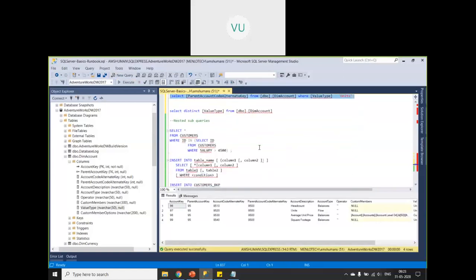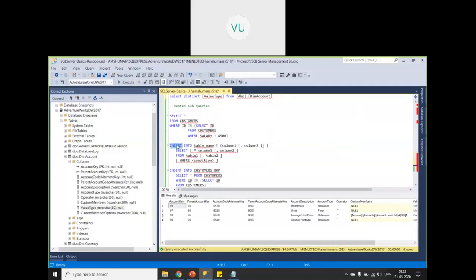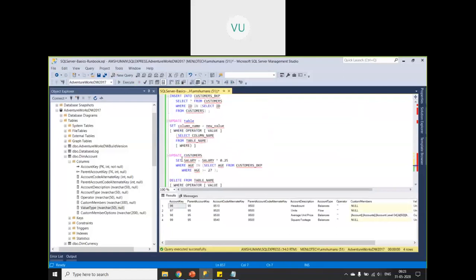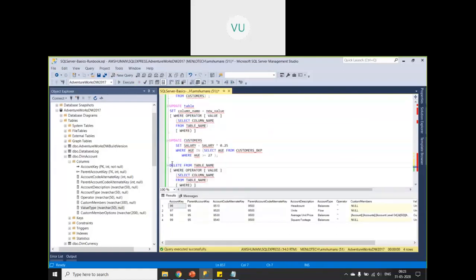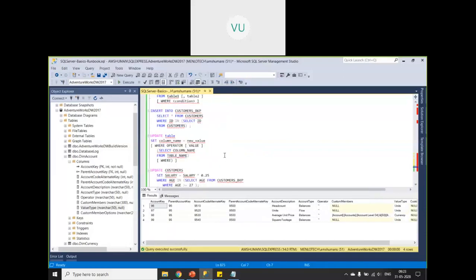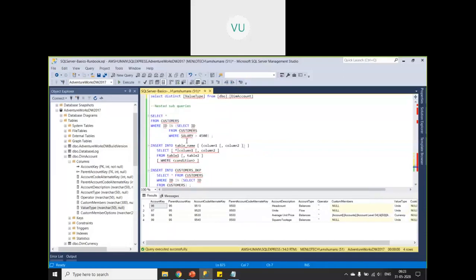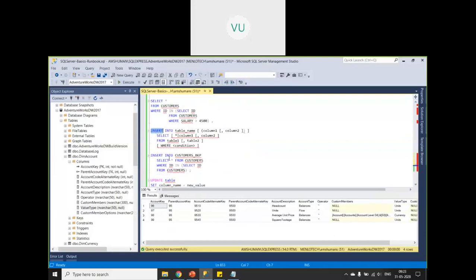Okay. And then comes the nested subqueries. Nested subqueries can be applied in insert, update, and other types of statements as well, delete. Okay, not only just the select statements. So if you see this insert statement, normally how will the insert statement look?